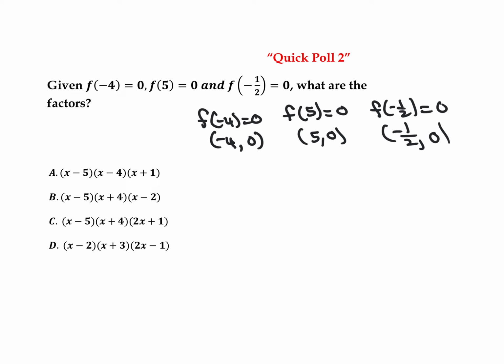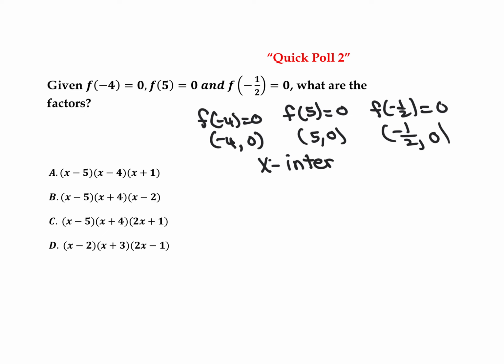We have f of 5 is equal to 0. That means when x is 5, y is 0. So that's the ordered pair 5, 0. And f of negative 1/2 equals 0 represents the ordered pair negative 1/2, 0. That means that all of these are